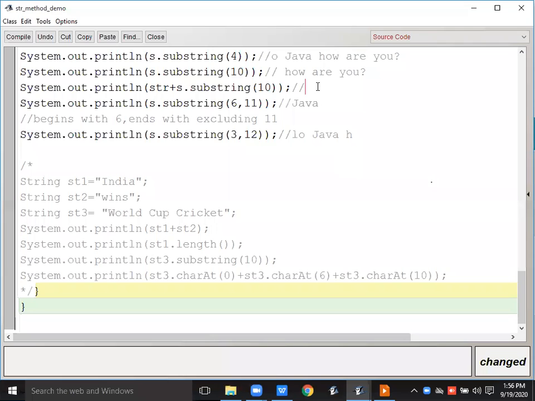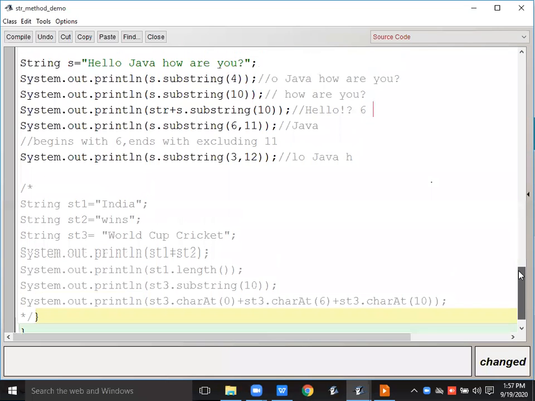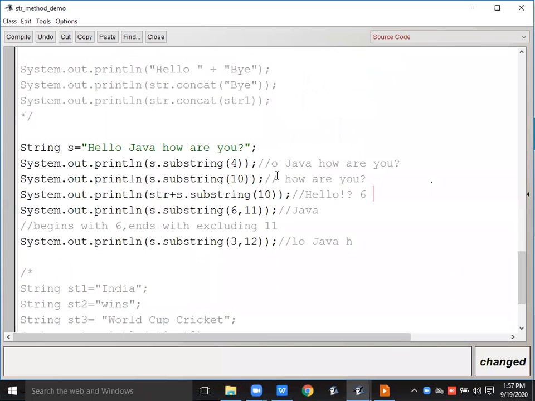Then after that s.substring(10). Substring 10 means what? It will start from space how are you, right? So see that 0, 1, 2, 3, 4, 5, 6, 7, 8, 9, 10.